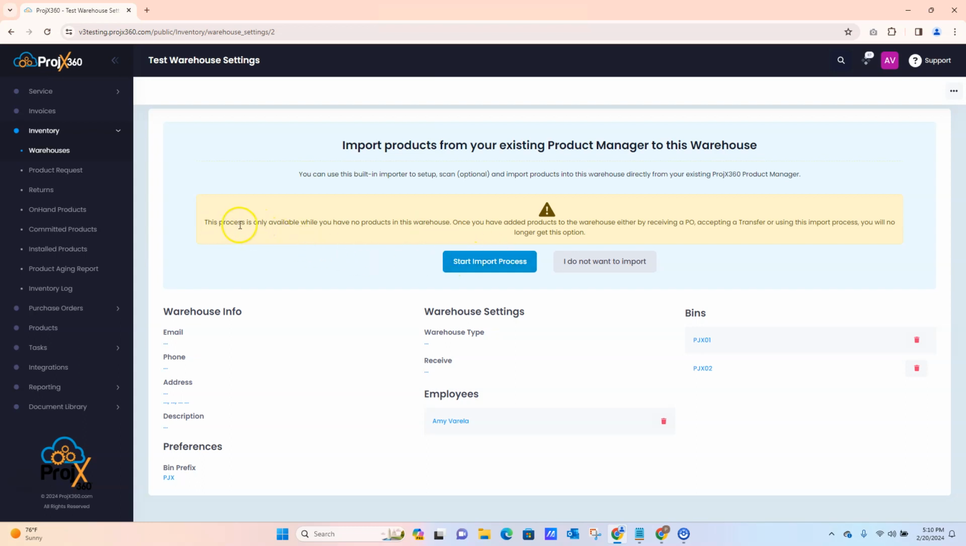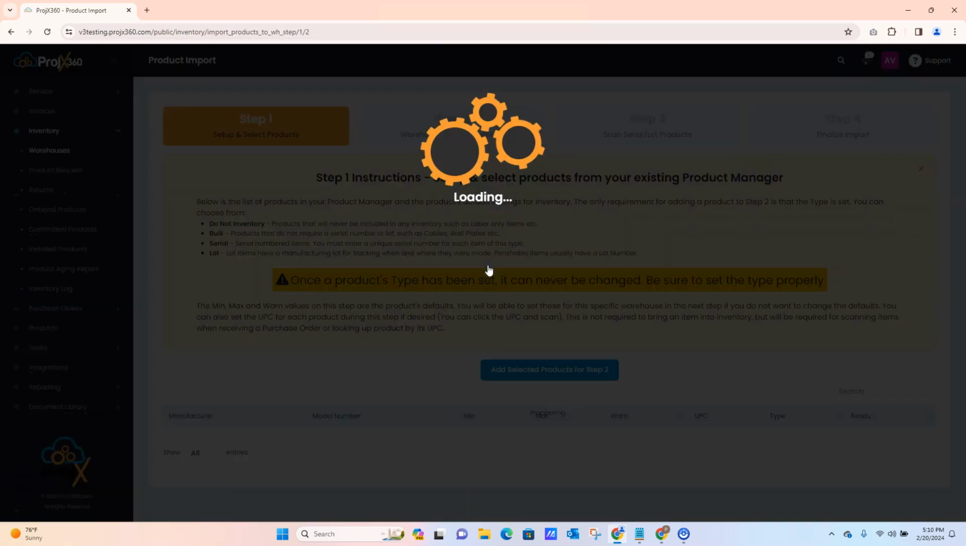Take note that the process is only available while you have no products in this warehouse. Once you've added products to the warehouse, either by receiving through a PO, you've accepted a transfer, or you use this import process, you're no longer going to have the option to start the import process. Proceeding to start the import process,